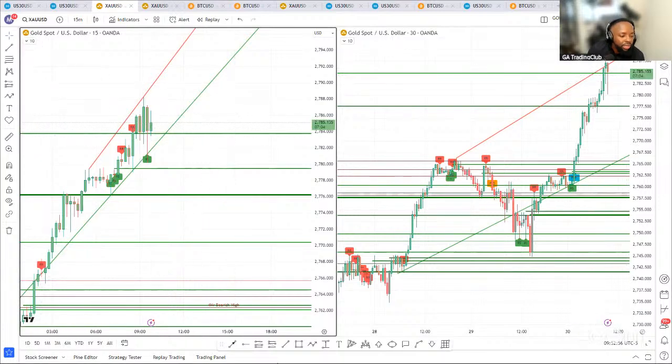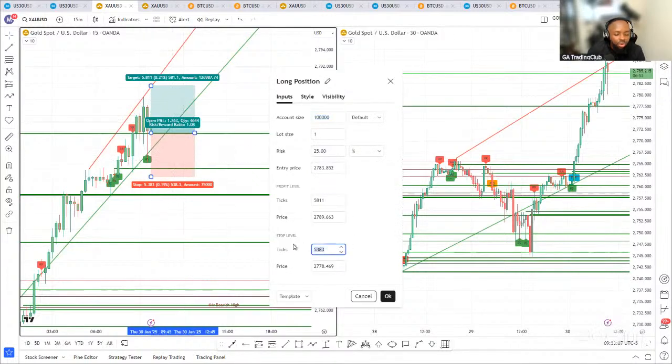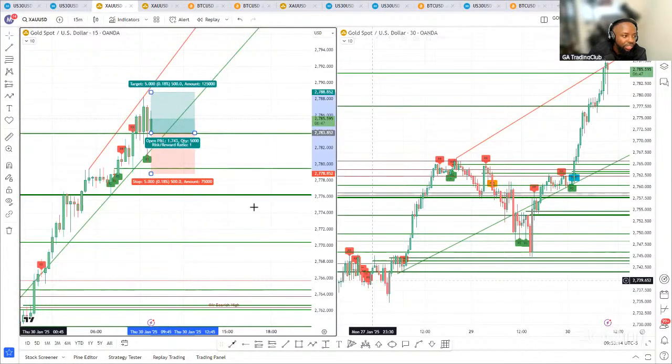No, we do not. And then you would just wait for the retest of the SAR level that's right here, stop loss below the previous low. In this instance, I would maybe put it here. And then here for gold, you can do like a $5 TP, $5 stop loss here, and then this trade would be like halfway